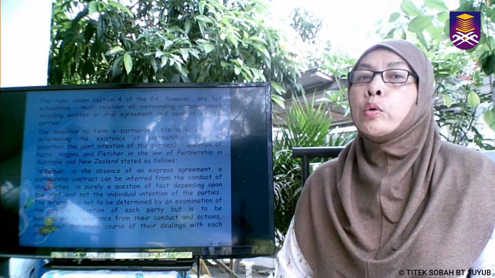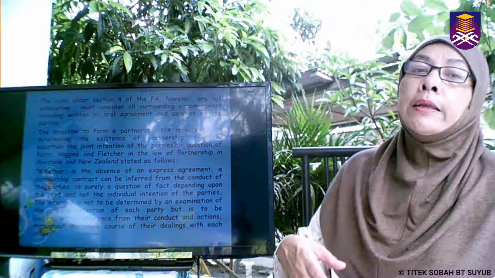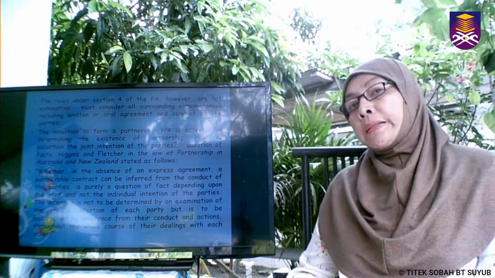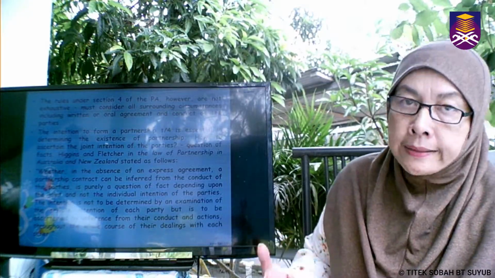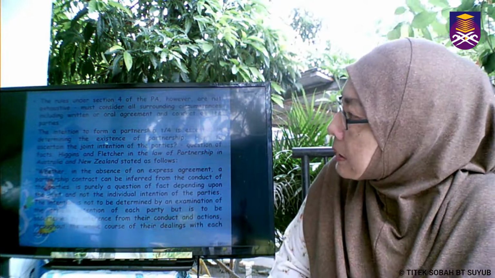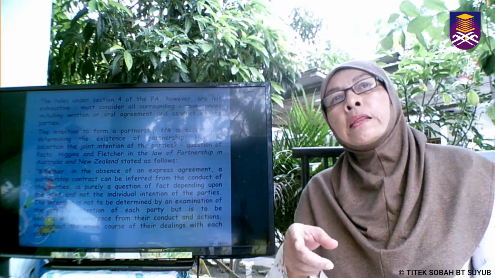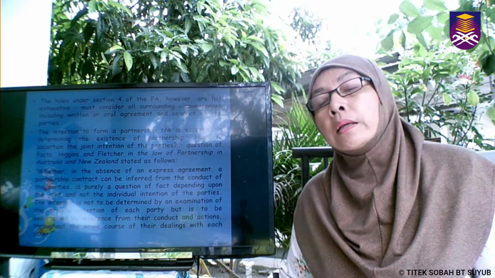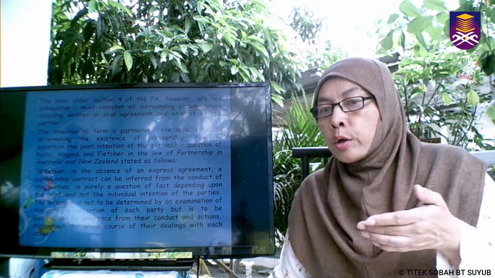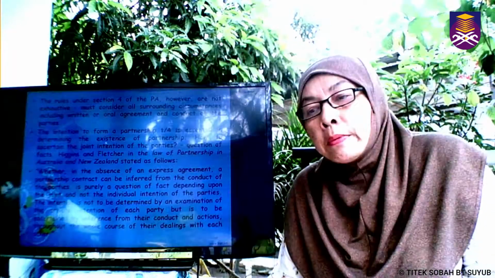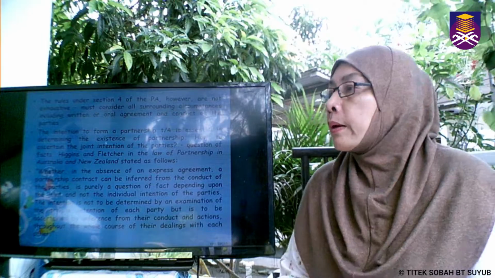No. What we need to do is that we must consider all the circumstances of the case, the surrounding of the case. We need to read the written agreement and the conduct of the parties to determine whether a partnership exists or not. The most important thing is the intention of the parties. This is the more important thing actually to determine a partnership exists or not. So that's why just now we have gone through the case of Rana Amal. So in Rana Amal, they use the word syndicate. Okay? So they did not use the word partnership agreement. However, the court held from the conduct of the parties, it shows that this is a partnership.